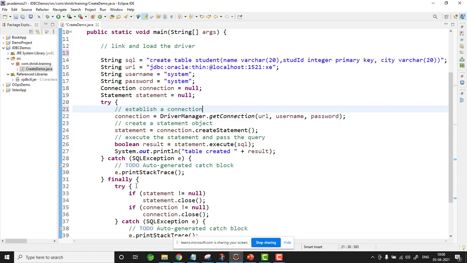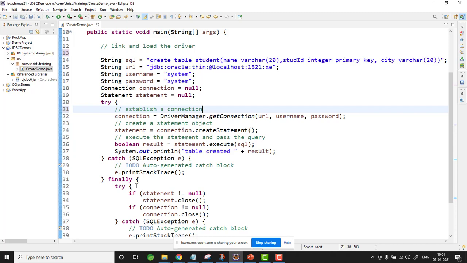We are connecting to Oracle using Eclipse. There itself we can get the URL. Or else you need to go to the spec and get the URL. The right approach is what I have done. The second one is the username and password. You need to give the username and password that you have given, guys. I have given system and system for my Oracle database. So that's why I have given this.